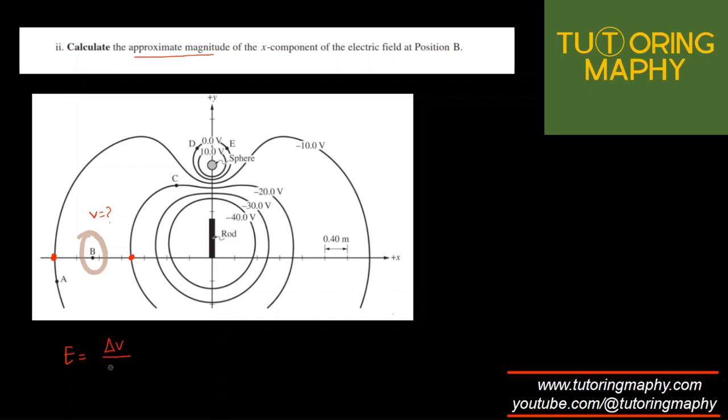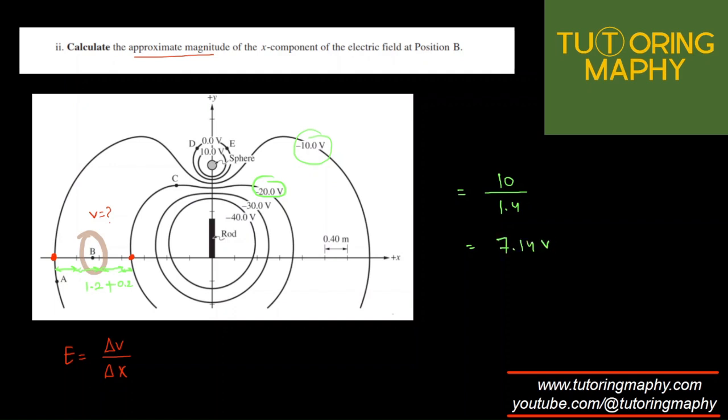So magnitude is just delta V over delta X, and that will give us the approximate value. So what is delta V? Delta V between these 2 points: this is at -20 and this one is at -10. So the difference is going to be just 10, absolute value once again. And the delta X: this is 0.4, this is 0.4, this is 0.4. This will make 1.2, and this is approximately half of 0.4. This is 0.2. So 1.2 plus 0.2 is 1.4. 10 divided by 1.4 is